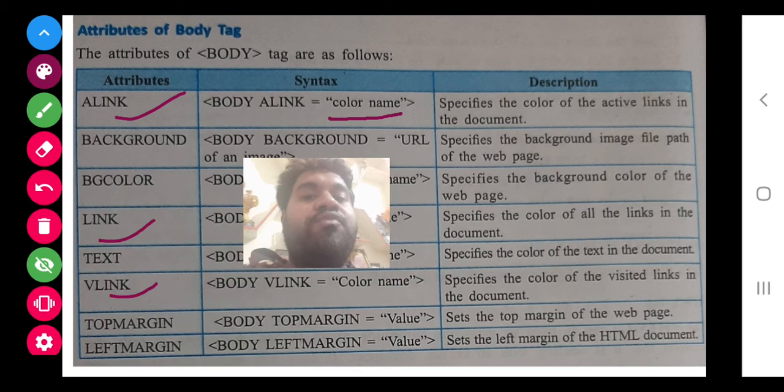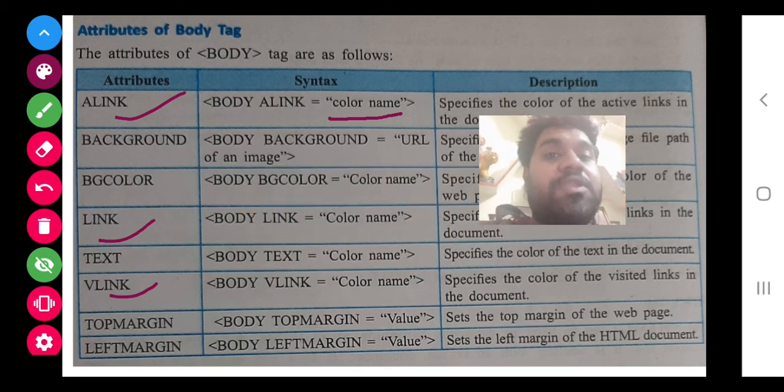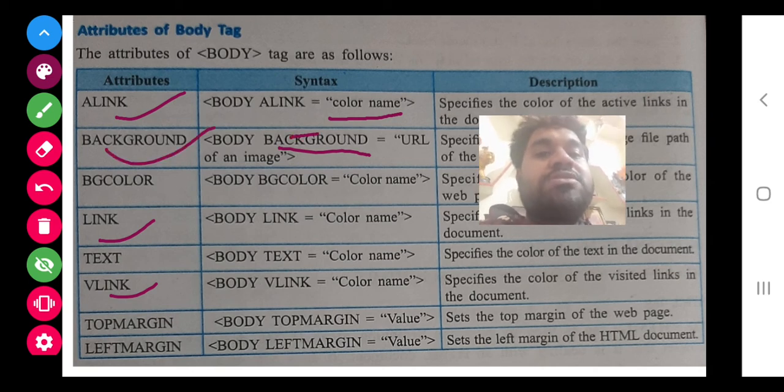Similarly, link, vlink, we will study deeply later. Now the main thing to study here is the background. If you want to insert a background image, then you will use this. If you want to give a background color, then you will use bgcolor. If you want to give a top margin to your web page, you will give top margin, left margin.